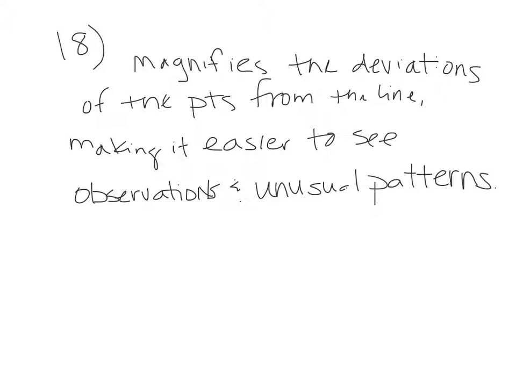Sorry about that. So number 19, it says, what do we conclude if the residual plot shows no obvious pattern? So what if there is no obvious pattern? This is usually the most often thing that happens. So this basically means that the data is fairly linear. So a straight line,